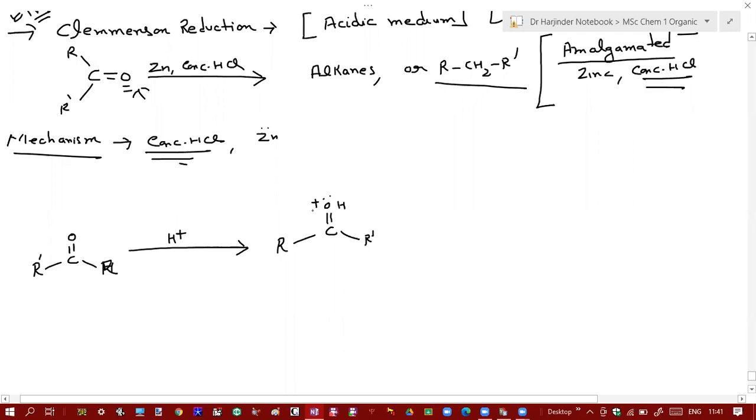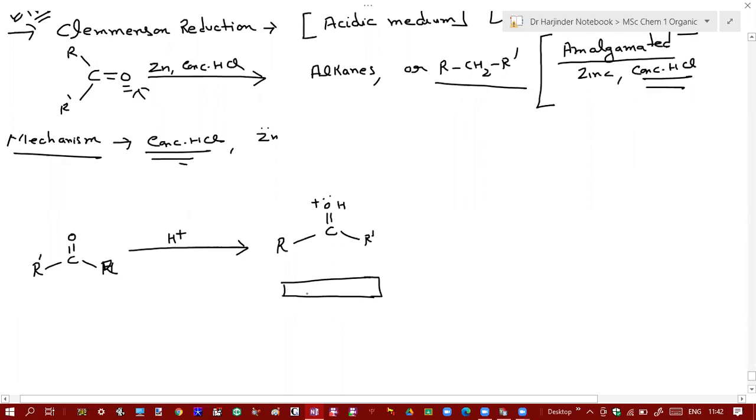Now since oxygen gets a positive charge, what about the reactivity of this carbon? Will the reactivity increase or decrease after the increased charge over oxygen? It increases toward the nucleophile. Why does it increase? Now the oxygen has a positive charge, so it will withdraw electrons from carbon. Carbon also gets a positive charge and it can easily react with a nucleophile. It becomes electron deficient. So in the next step, zinc will get oxidized.